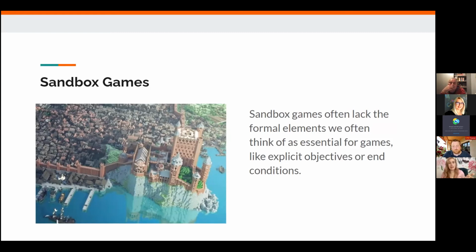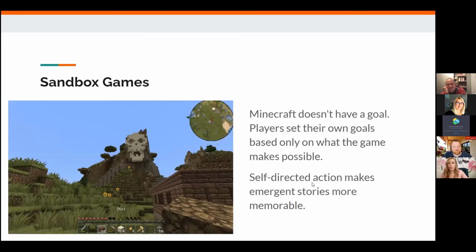So this is King's Landing from the Game of Thrones books and TV show built in Minecraft. And there's no achievement for building King's Landing in Minecraft, but there is just the impetus of it was there. Like I wanted to do it. It was there because it was there is the quote from George Mallory, who was one of the first people to summit Everest. Like, why did you do it? Well, because it was there, because I wanted to. And a well-crafted system gives players the ability to realize that kind of goal or ambition.